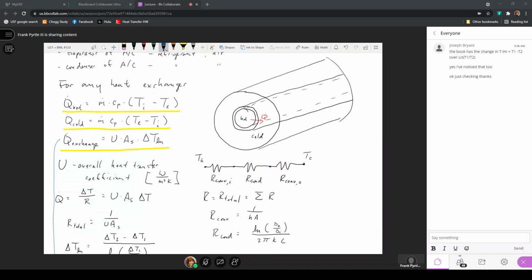That adds 2 more conduction resistances that allow me to take into account the resistance through the base material that the tube is made of, and the resistance through any oxidation that might occur on the inside and/or the outside of the tube, so that it will increase the resistance between the flow of heat out of the hot fluid and into the cold fluid, and thus change the expression of the overall heat transfer